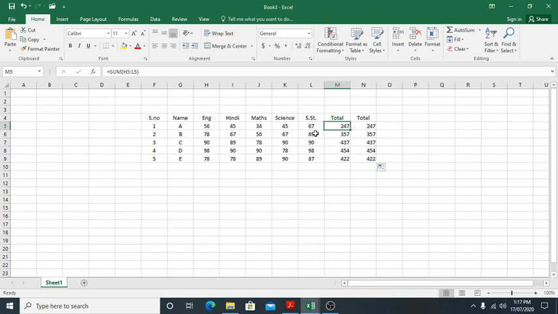If suppose we are talking about 10 subjects, 15 subjects, and we want to add them, so what method will you use? The sum function or this basic formula? I think everyone will say the sum function is better. The sum function only needs the beginning and the last. But here, each and every address we have to show with the plus sign. So the range is better than the basic formula.